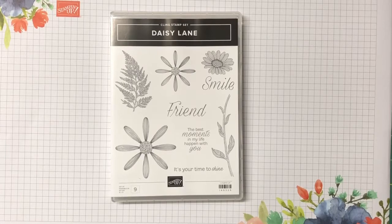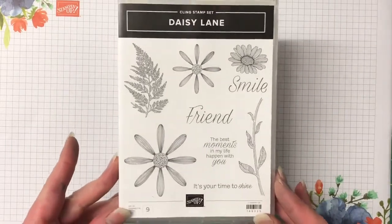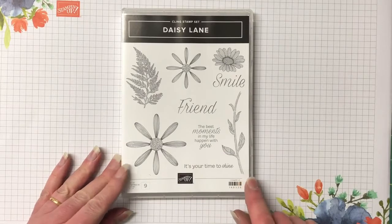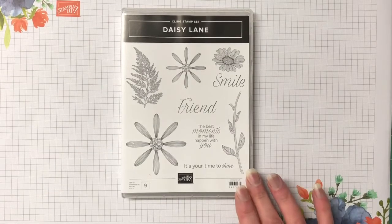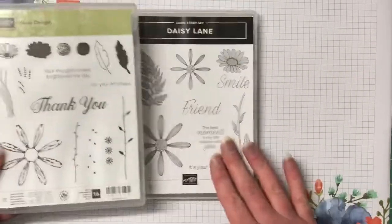The stamp set for this month is Daisy Lane. It is a great cling stamp set. It's a 9-piece, and you can also purchase this one in a bundle with the medium daisy punch as well and save yourself 10%. I'm not using the medium punch with my card today, but I am using the coordinating